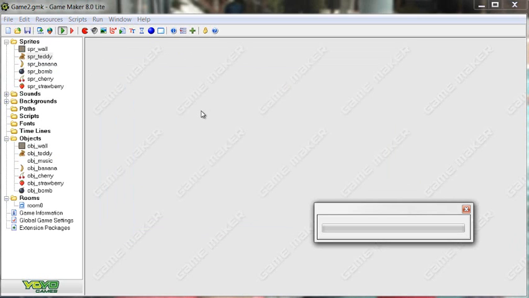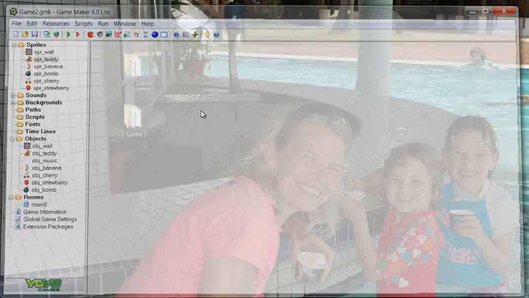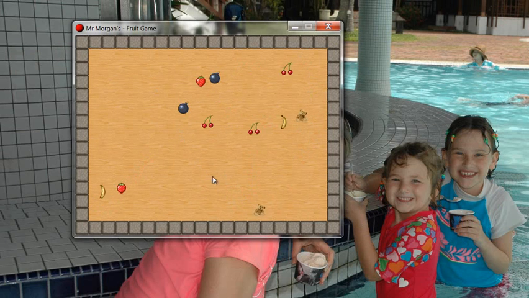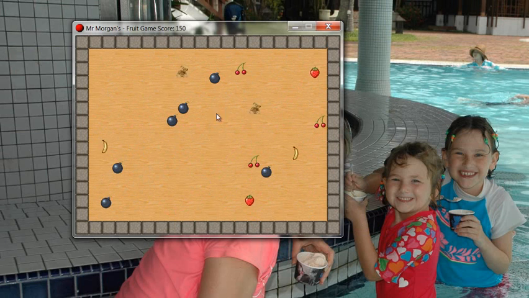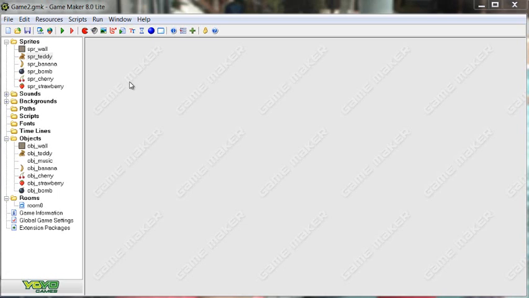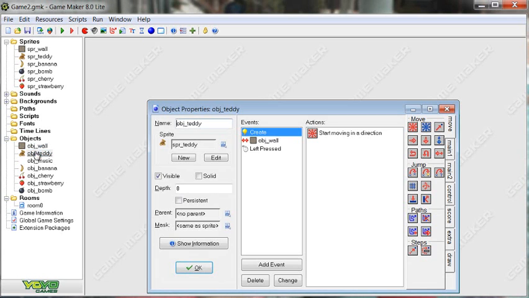And what I should see is teddy bears replacing the apples. Now you can see the teddy bears moving around. If I click on them, they still work. Okay, now the reason they still work is because if you go into the object called teddy, it's still got